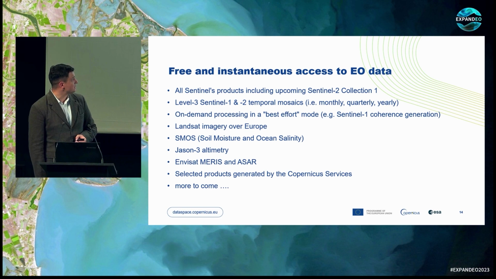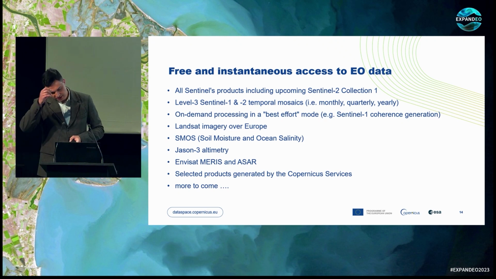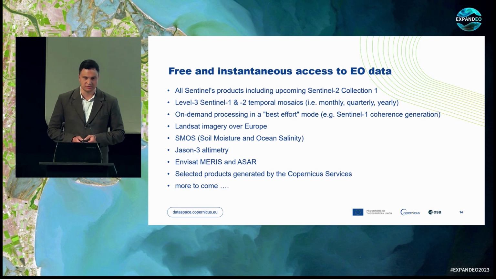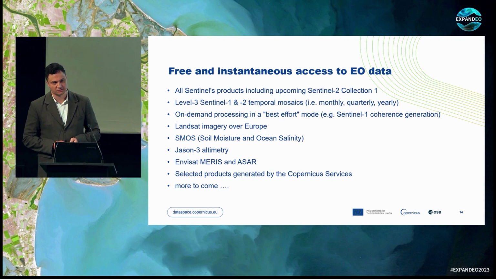But not only, there are some added value products already generated, such as, for example, level 3 temporal composites, quarterly, monthly, and yearly. There is also some on-demand processing. This is what I have already mentioned, in a best effort mode. So this is provided to users for free. So in case you want to generate a backscatter or coherence, you can order these products.